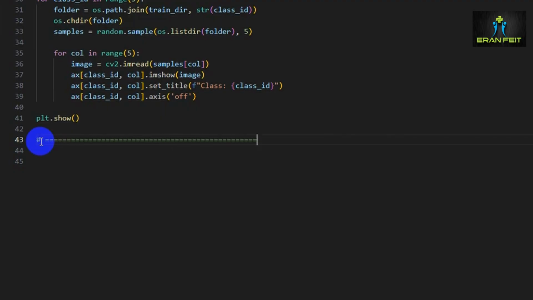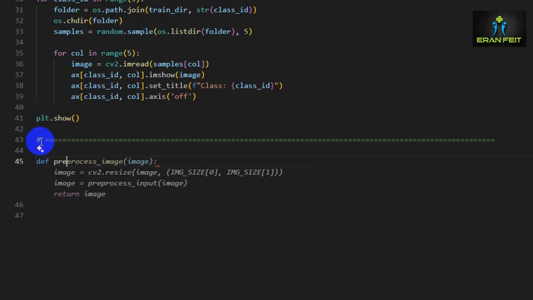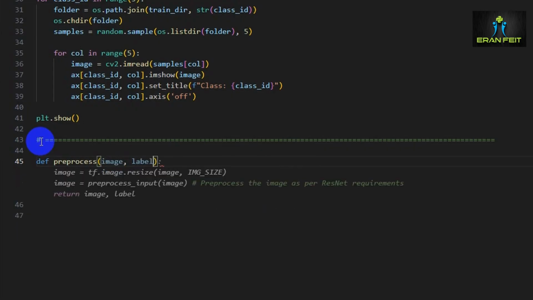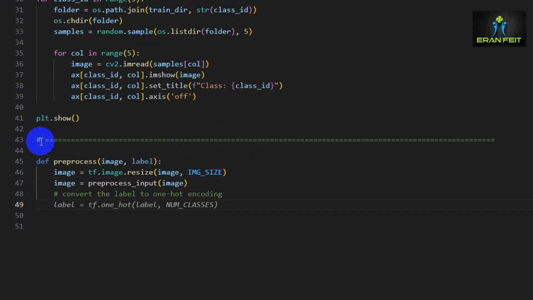Now let's define a function to pre-process images and labels before feeding them into the model. Let's name it preprocess. We will send the arguments image and label. First of all, we will resize the image to match the input size expected by ResNet. Then we will apply the ResNet-specific pre-processing, including normalization, and then convert the labels into one-hot encoding, which is required